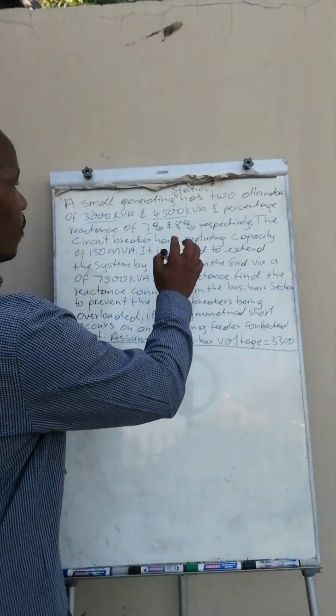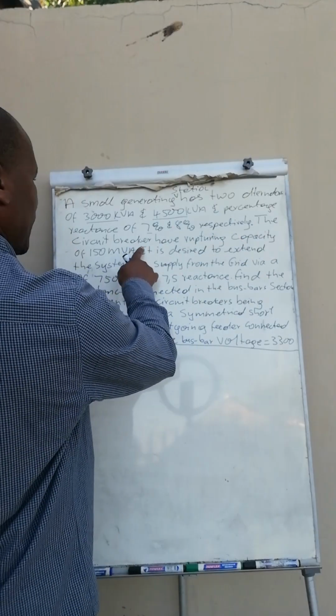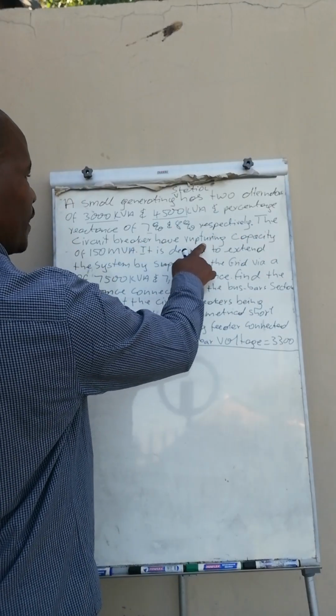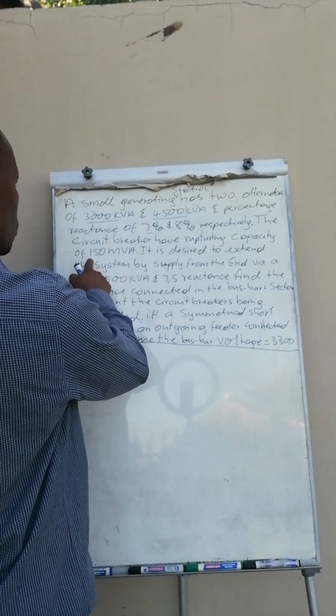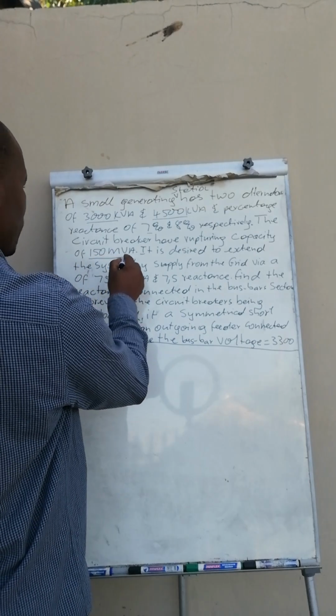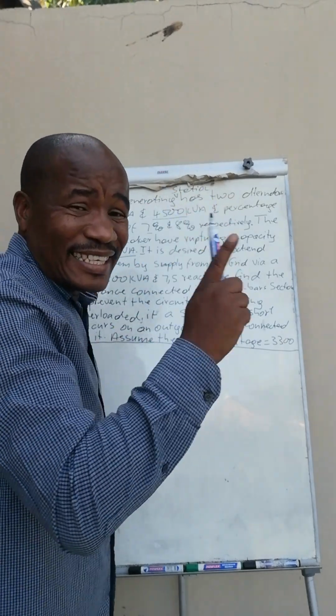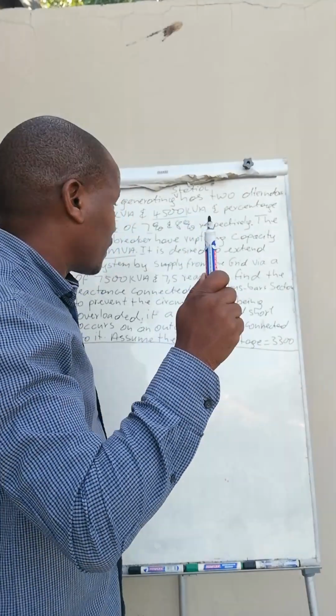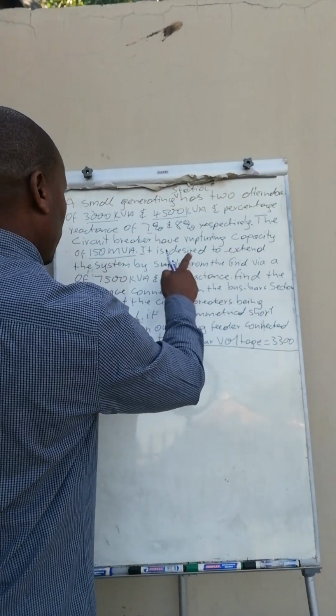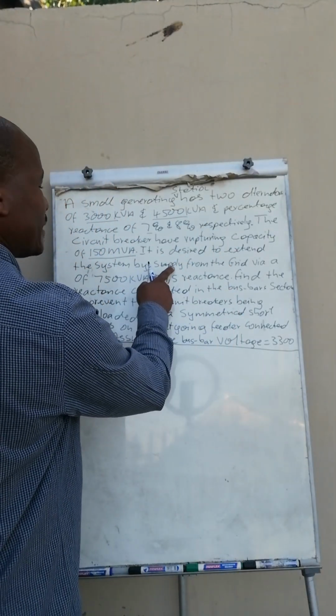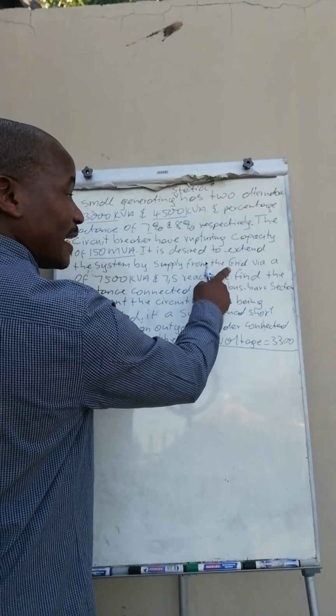The circuit breakers have a rupturing capacity of 550 MVA. It is desired, that's very important, to extend the system by supply from the grid